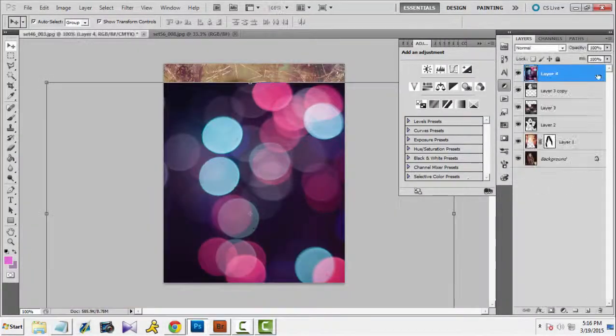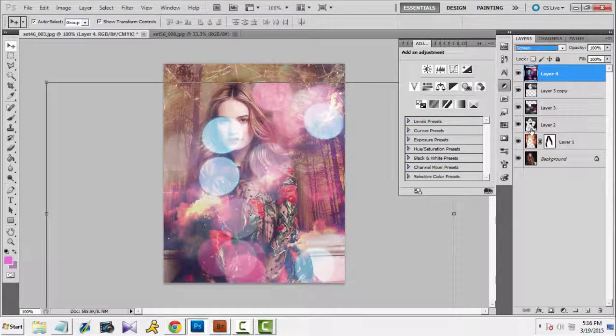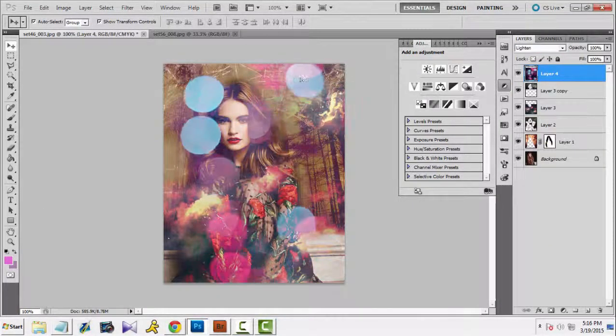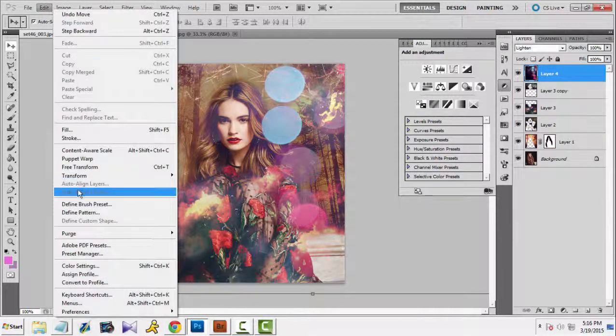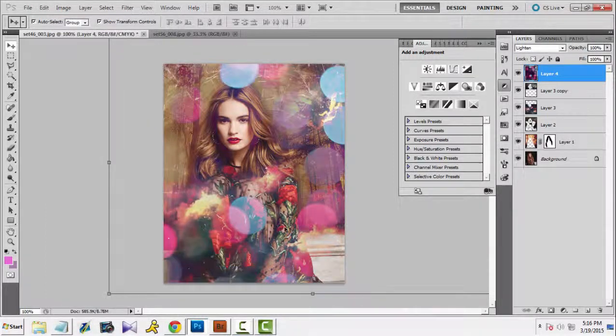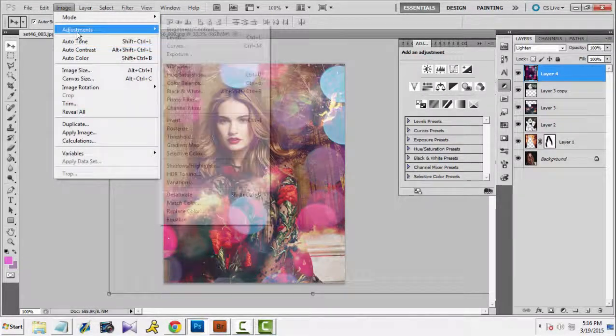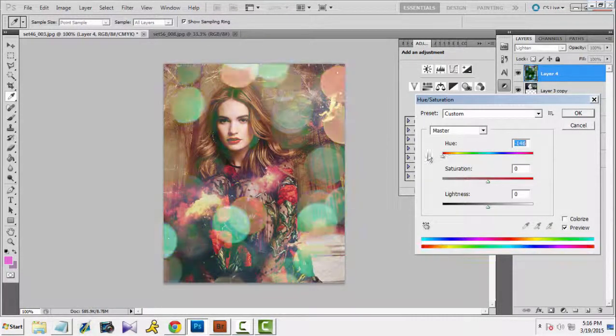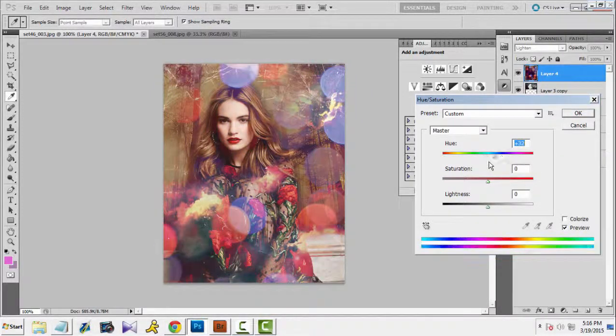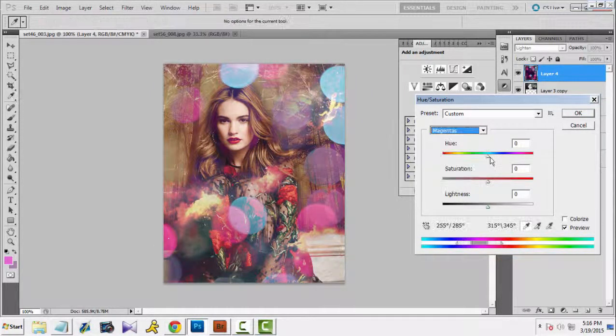I'm using Bridge right now. It's a pain in the butt. Oops. Okay, I'm gonna go to Edit, Transform, and I'm gonna flip it. And that fits it a lot better that way. And if you don't like the color, you can go to Image, Adjustments, wow. Master. See, that don't work. So let's do